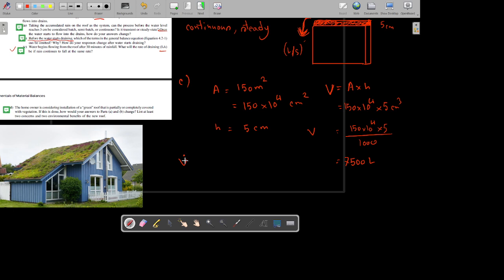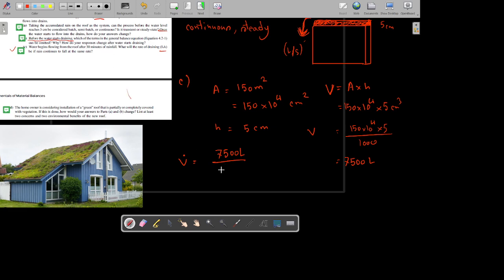If you see a dot on some letter, you need to understand that it is a flow rate. So V means volume, V dot means volumetric flow rate. So there will be a time related term in that. So volumetric flow rate will be 7500 liter divided by